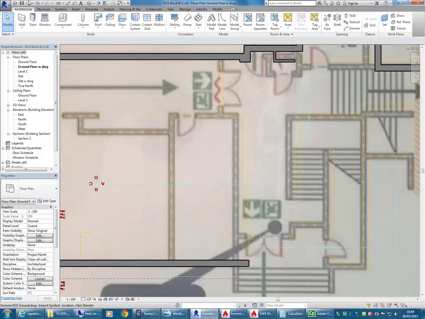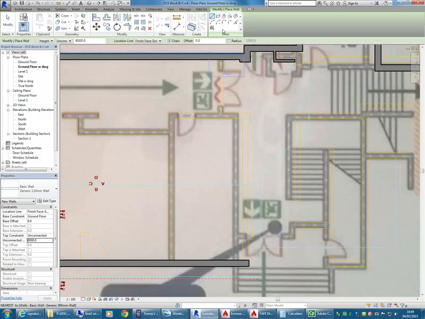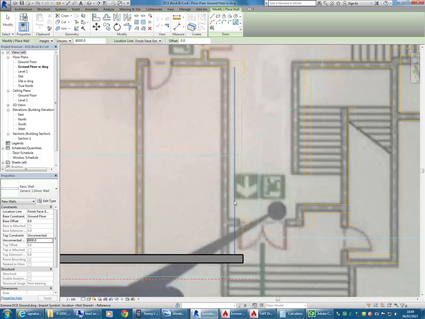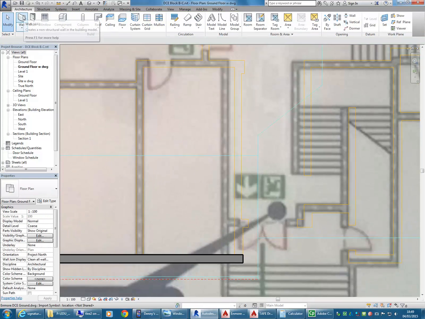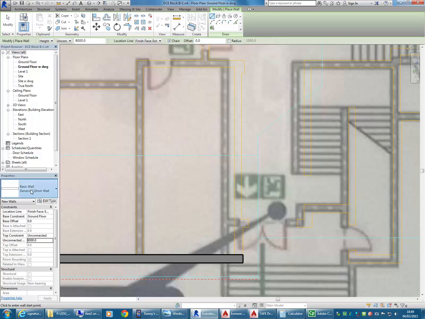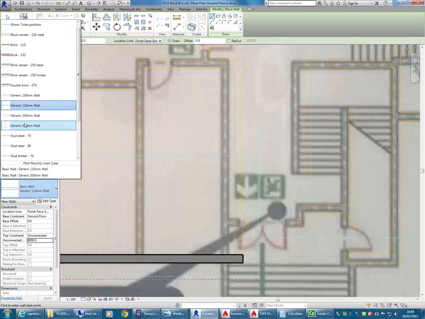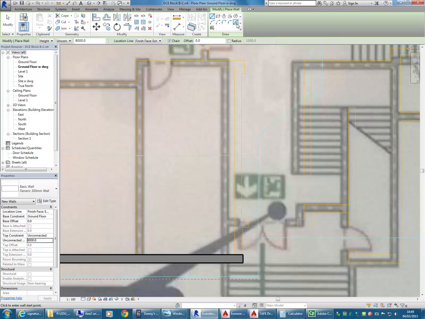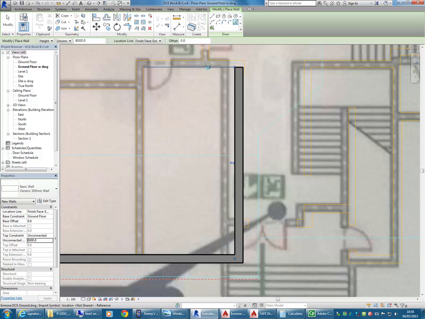So again, I'll just quickly join a couple more walls, but I don't want to go too far with that, because the other thing I want to talk about is the levels. So maybe just to remind you a couple of those quick things using the wall tool, go back to the 300mm wall that I'm using for most of this, and using pick lines where possible. It's going to make it a quick thing to get those walls in. You can see that